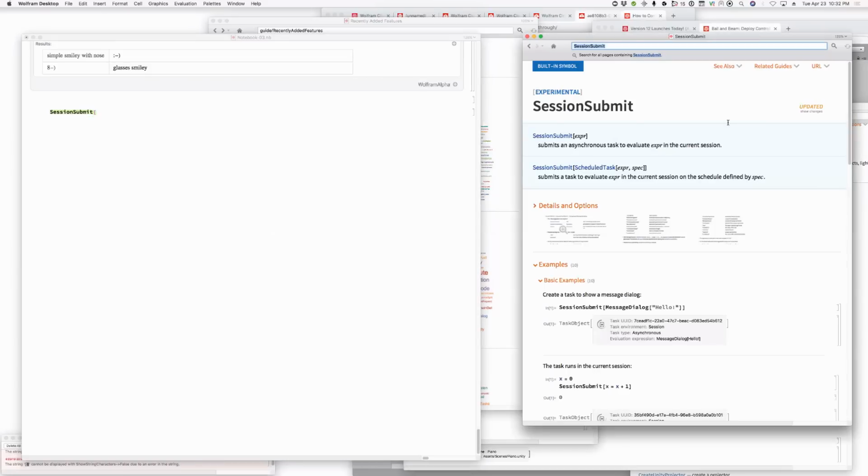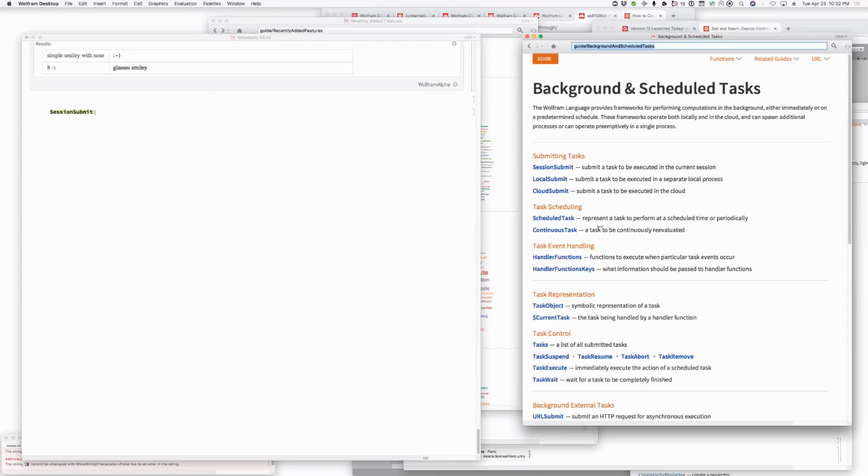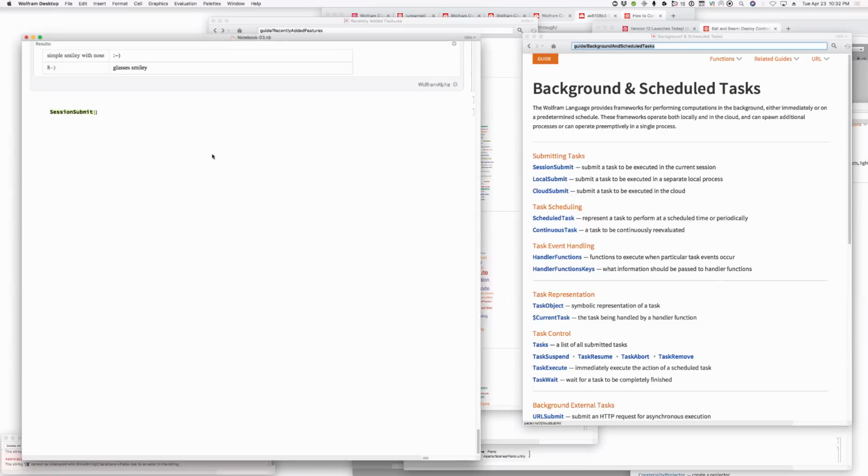Now, in terms of local deploy, let me show you something else that actually is new in 12, and I forgot to mention it. Again, I'm afraid this is complicated stuff. This is the notion of session submit. Let me explain these things. Cloud submit, session submit, local submit. This is for handling